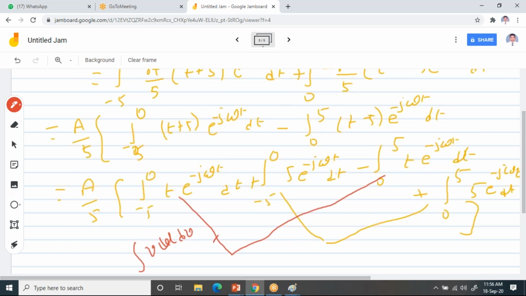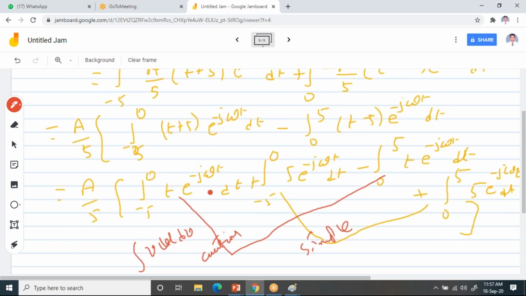So please be cautious for this. And this is a simple integration which you can do. So please try to understand. The four terms which you are going to solve, you can solve and simplify, then you will get the Fourier transform of this triangular pulse. I'll give you a hint. If you solve it, you will get sinc square function. Please try to understand why it is sinc square.